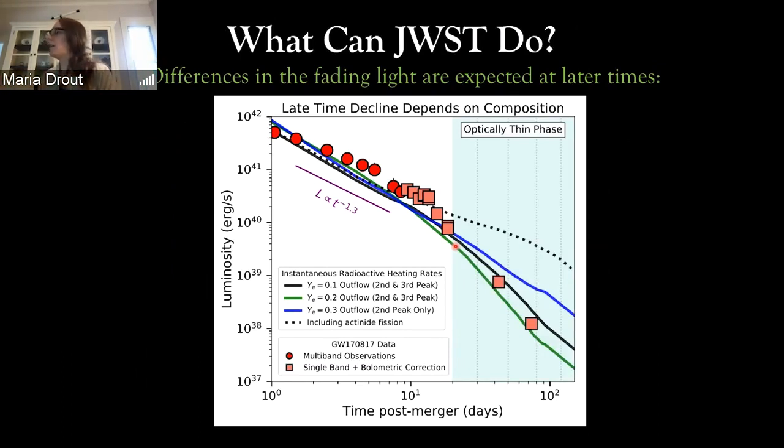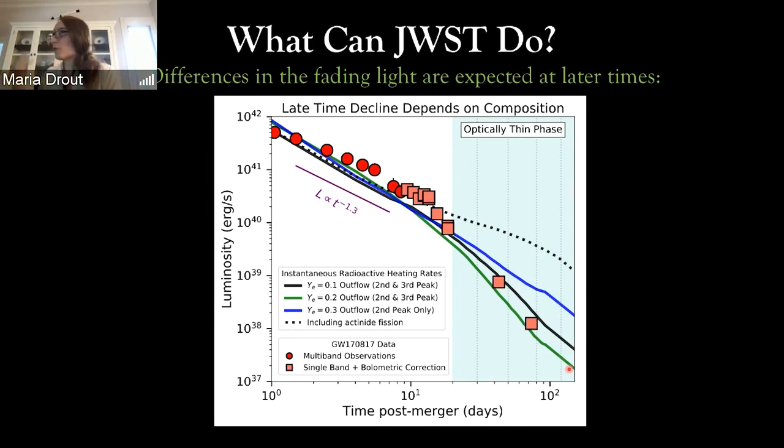And that's because the later after the explosion you start to become more and more dominated by individual elements that have different radioactive decay timescales. And so you can see that these different patterns all spread, and you also have things that if you actually get up to the very heaviest elements, the actinides in the periodic table, you can actually get a little extra injection of energy from fission that can occur as well. So overall, our theoretical models show us that if you really get out to a few months post-explosion, things that looked almost identical early on are predicted to have brightnesses that vary by factors of 100 or more at those late times.